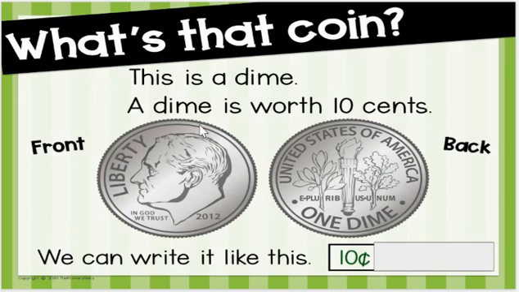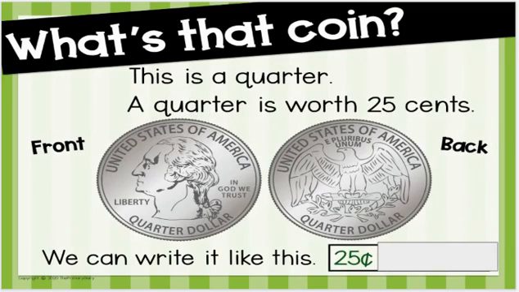Notice again, some of those same exact words and numbers and things are on it, except the dime says 1 dime. This time we have a different president. This is Franklin Delano Roosevelt. And on the back, we have some pictures of some plants and a torch. And then you write the dime as value 10 cents, 10 with then the C and the line through it. And the last coin, let's take a look at the last coin we have, which is our largest coin value